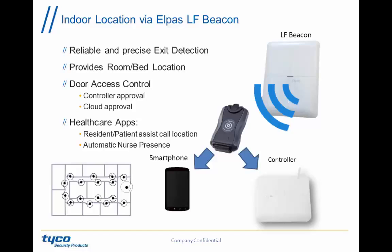and so you could put next to that door a controller and control the door, either lock or unlock accordingly. So the tag can be used both for traditional Elpas apps, since it's transmitting the Elpas protocol, as well as the BLE-based cloud apps. So you've got reliable room and bed location using the LF beacon. You've got door access control, and you can use it for healthcare apps, for resident or patient assist call, or